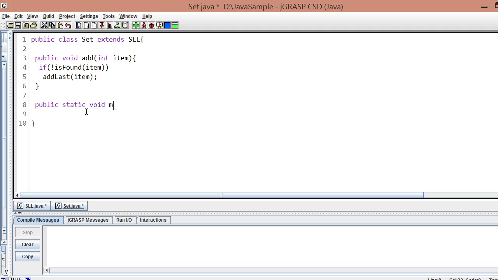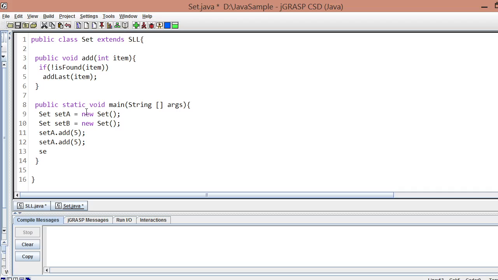Public static void main, String args, and then let's create two sets. Set A, new Set, and set B, new Set. Let's add elements to set A. Set A dot add 5, set A dot add 5, set A dot add 6.